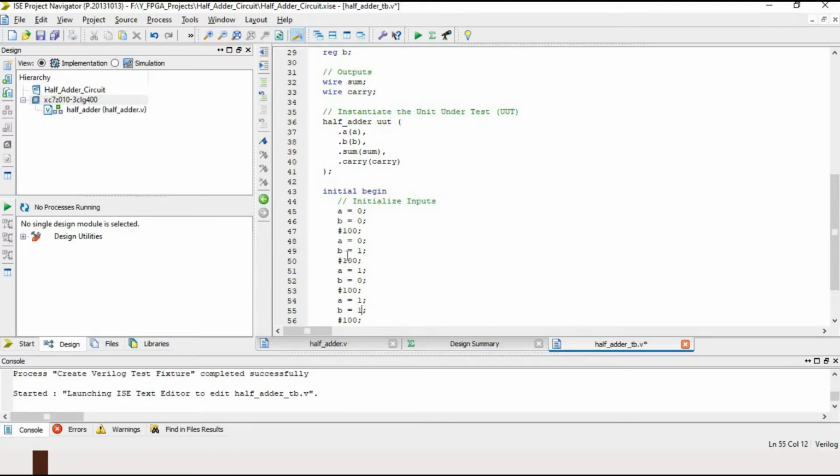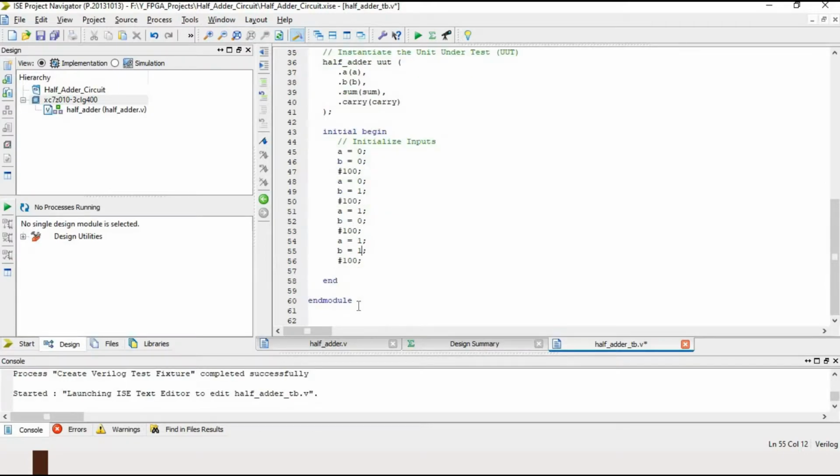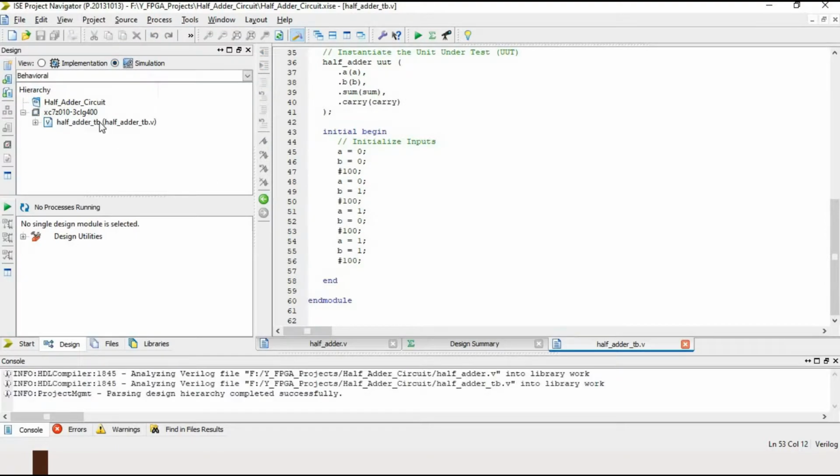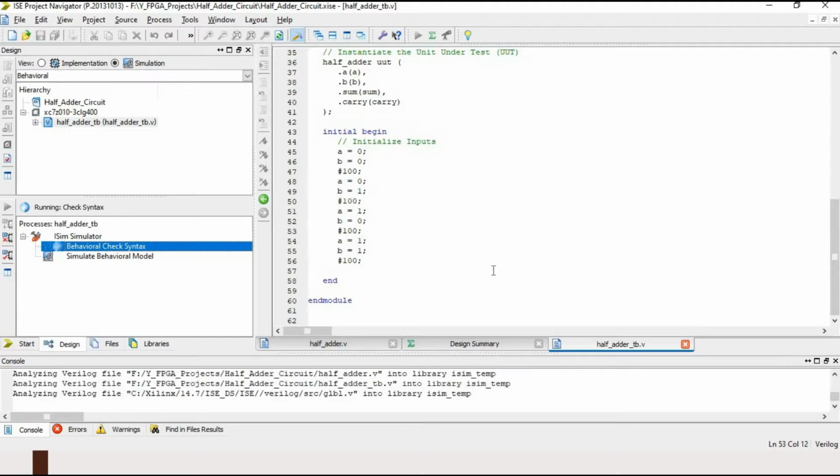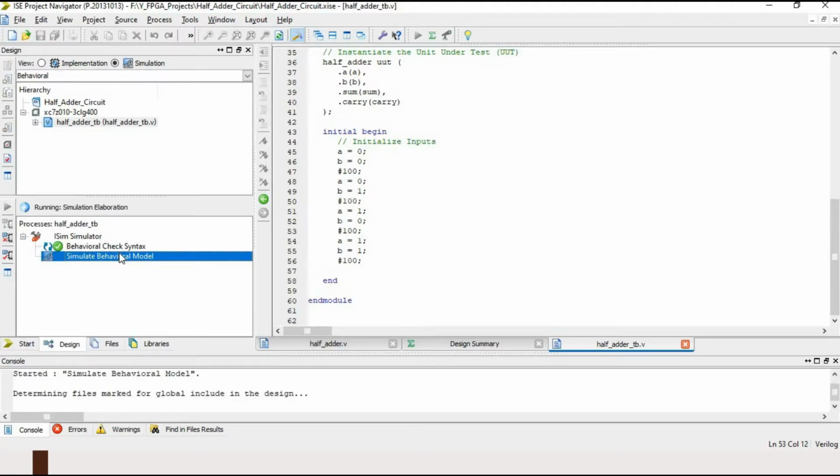So all our cases defined here, inputs 0 0, 0 1, 1 0 and 1 1. Save this file, and we need to go here simulation, and this test bench file, click here. First of all, need to check the syntax. Syntax is clear. Now simulate behavioral model.